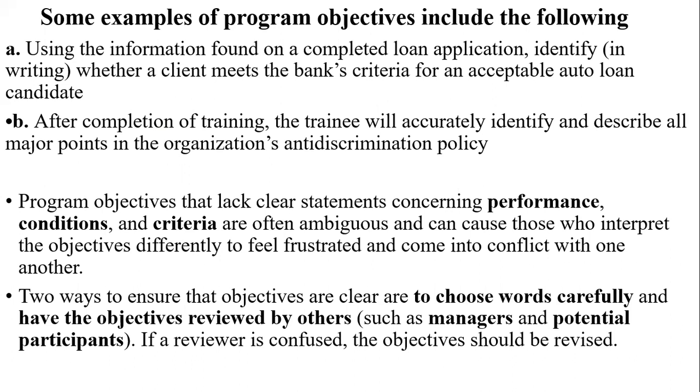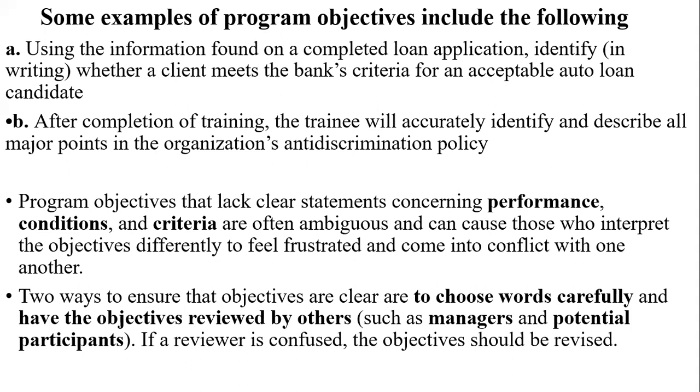So basically what we are saying here is that if you do not set the objectives to possess these qualities, in terms of the desired performance you are looking for, the condition under which this performance should be exhibited, and the criteria that we can use to ascertain this desired performance, then